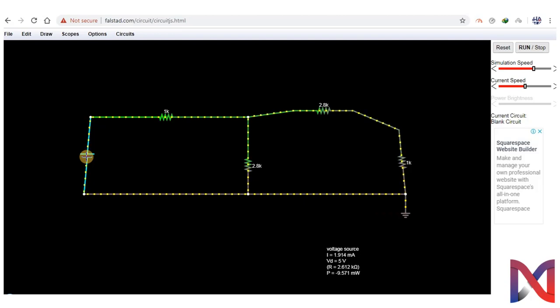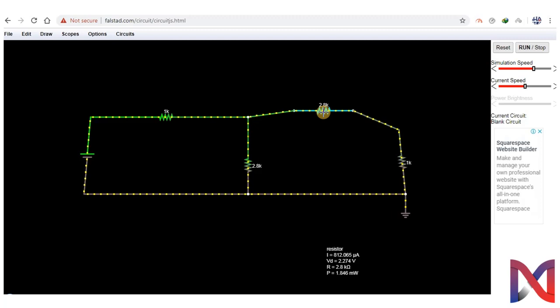During our calculation we had a current here that was exactly the same as shown here, 1.914 milliampere. Through this resistor we had a current of 1.102 milliampere, while its voltage drop was 3.086 volts. Here the voltage drop was 1.914 volts and its current was 1.914 milliampere. The current here was